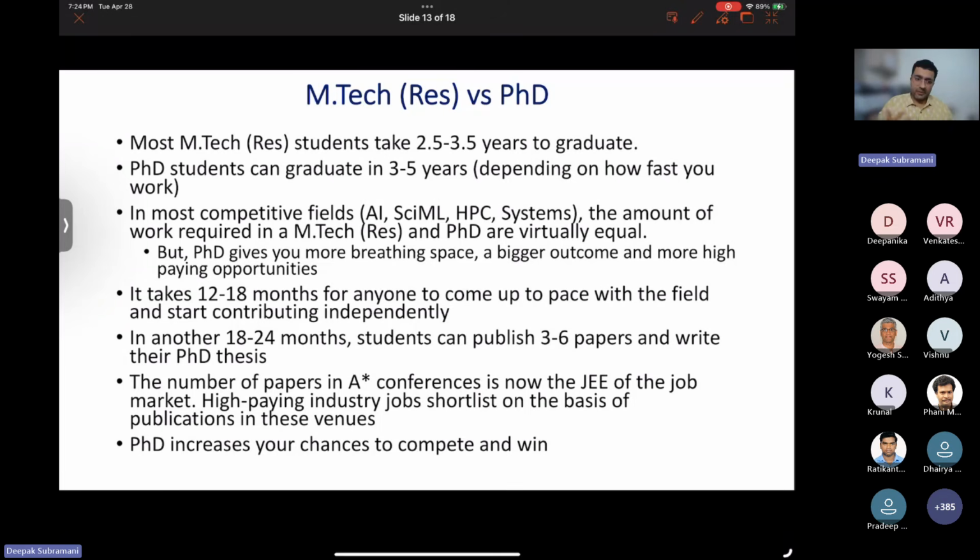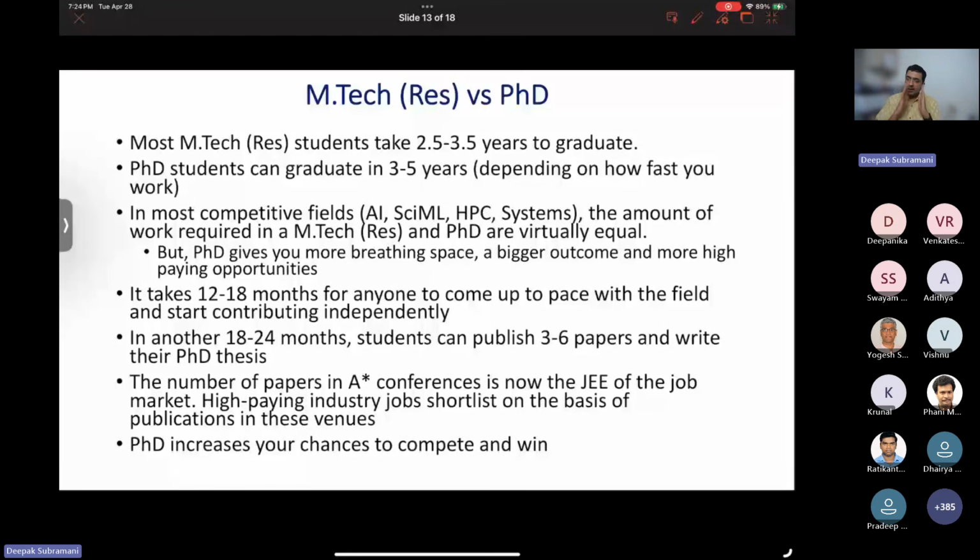So it is very competitive, right? Today, with the advent of generative AI technologies, what is the difference between somebody who is learning on their own and doing things and somebody who is doing a degree in a top institute? Most of the time it comes down to showing that you are capable, right? So this degree, this stamp, will tell the world outside that you are actually capable of solving any problem that is thrown at you, and that is the value of doing a PhD, right?